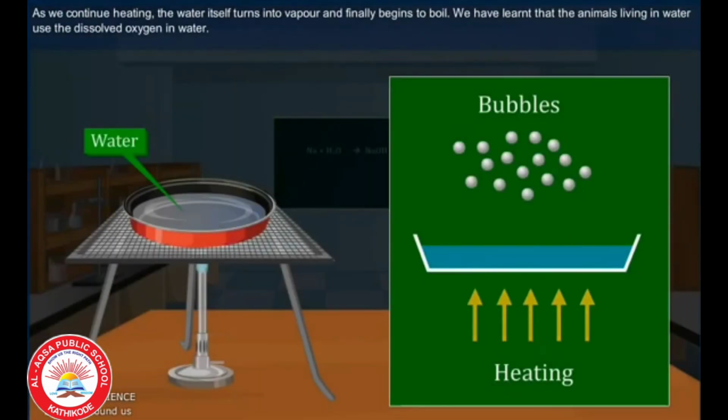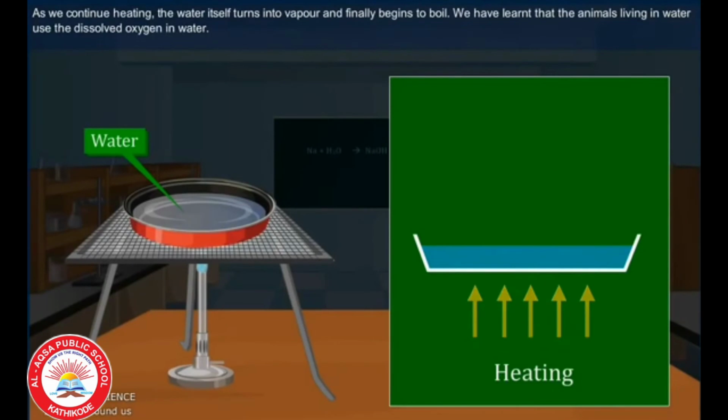As you continue heating, the water itself turns into vapor and finally begins to boil. So, from this activity, we can conclude that animals living in water use this dissolved oxygen in water.